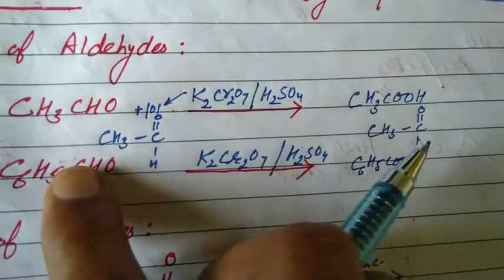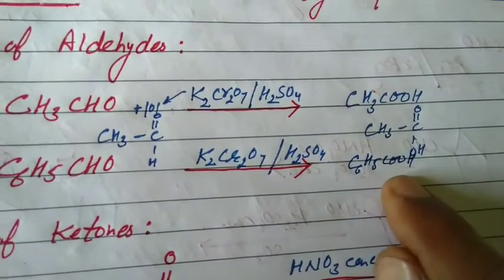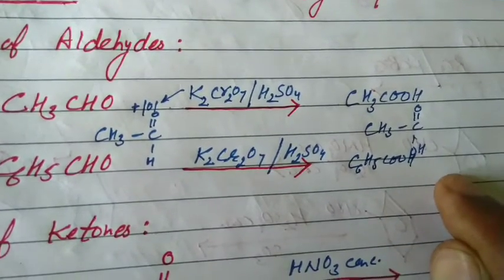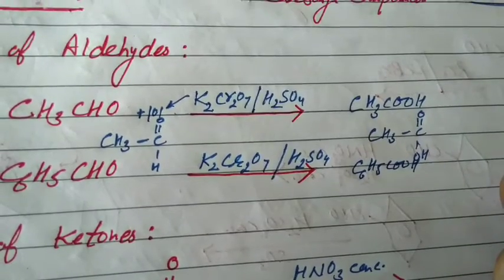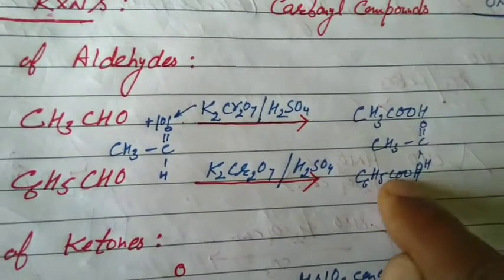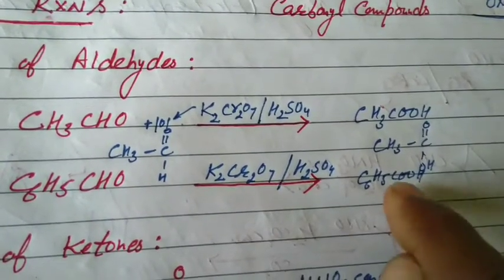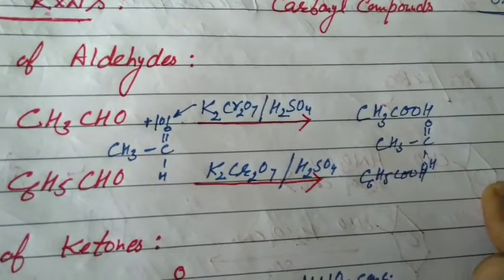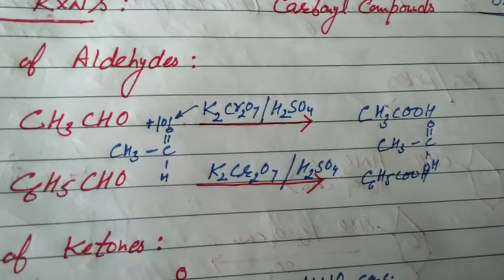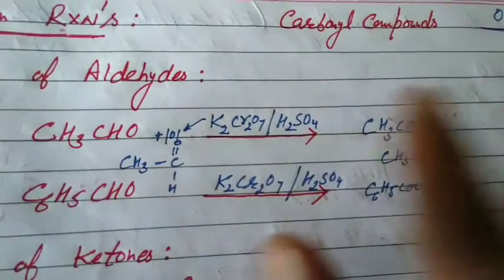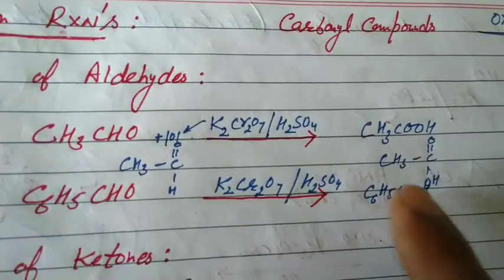You proceed directly. But if we have to convert benzoic acid to benzaldehyde, then at first you have to add PCl5. You get the acid halide, then go for Rosenmund's reduction reaction. Definitely you get benzaldehyde. Benzaldehyde to benzoic acid we have done. It is an assignment: convert benzoic acid to benzaldehyde. I give you the hint: at first add PCl5, then add H2 in the presence of Pd plus BaSO4, that is Rosenmund's reduction reaction. Aldehydes, normal oxidation: ethanal to ethanoic acid, propanal to propanoic acid, benzaldehyde to benzoic acid.